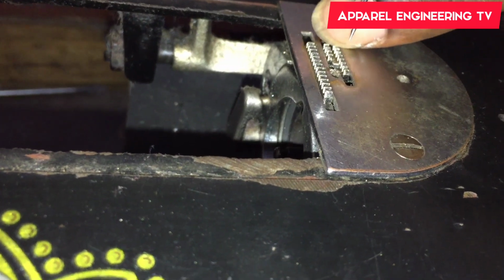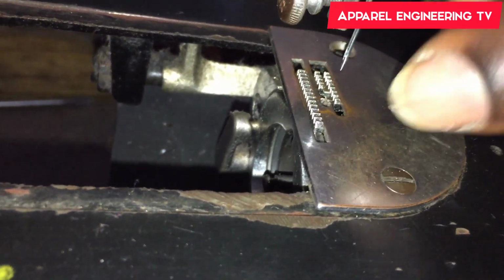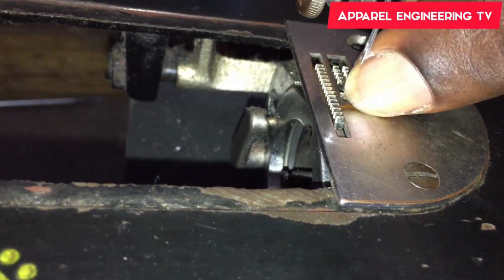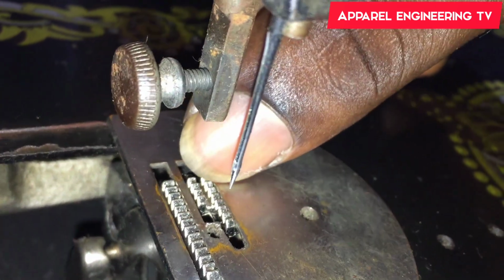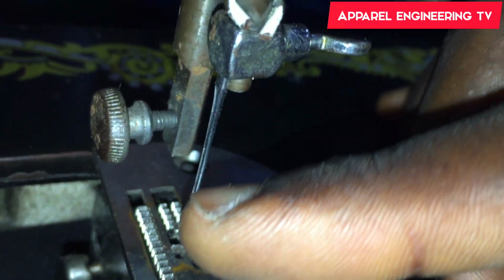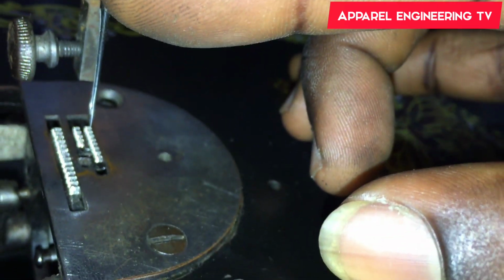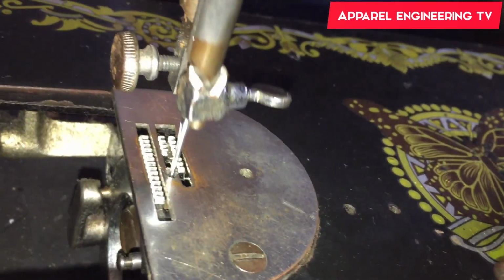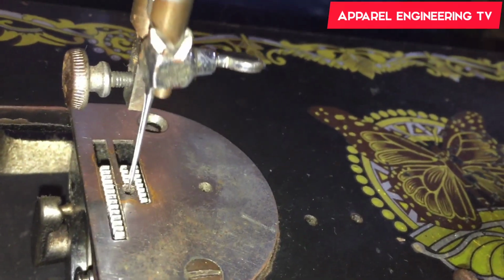The distance between the one facing the other side should be the same as the teeth inside the distance in the plate. So the distance here and the distance here to the teeth should be the same, and the needle supposed to be up. The position of the needle bar supposed to be up before you can increase or decrease the height. So it's not supposed to be inside like this before changing the height, but you turn it, make sure